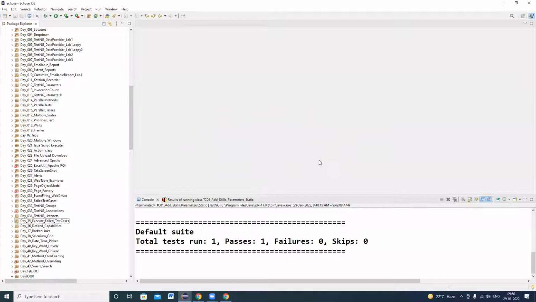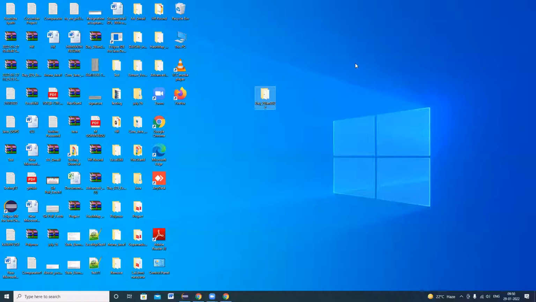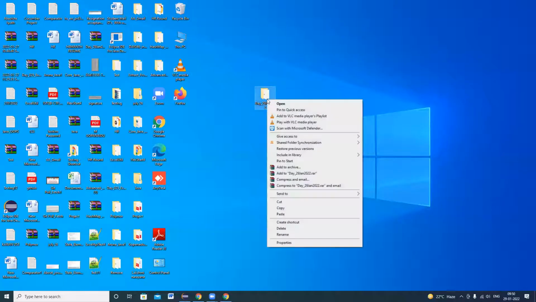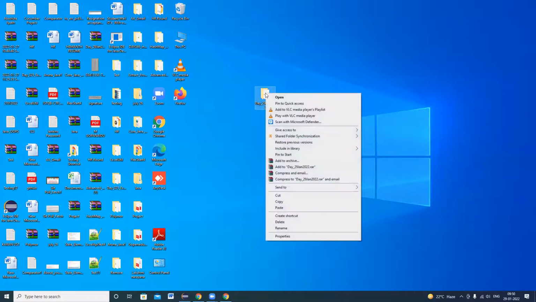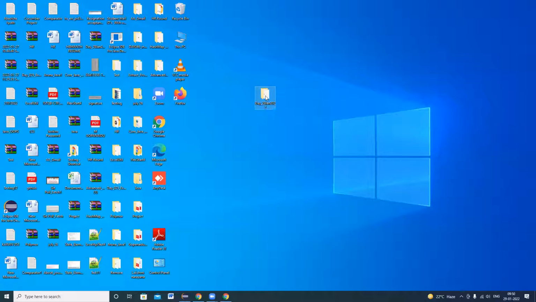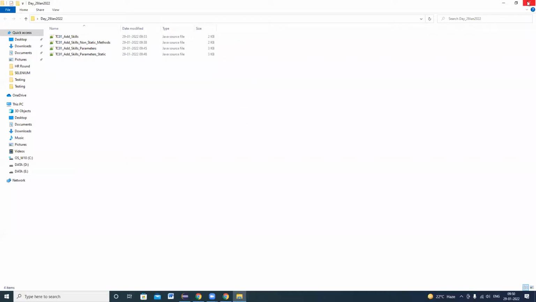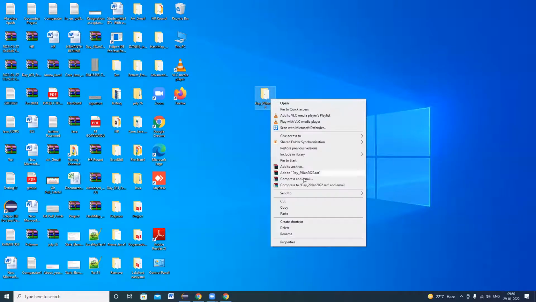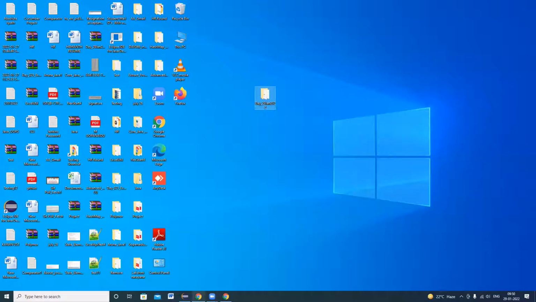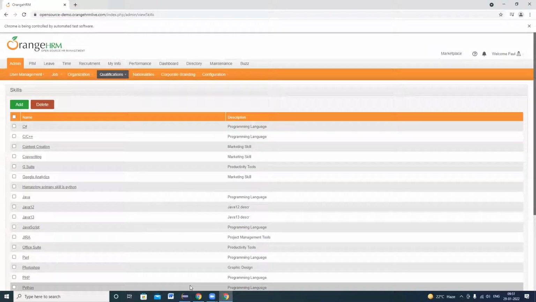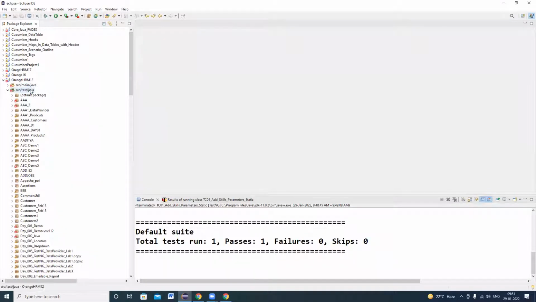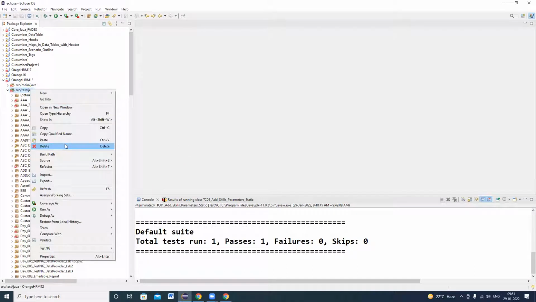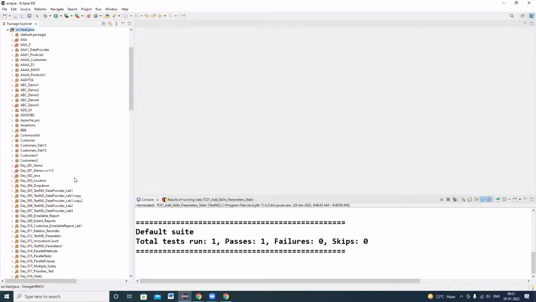Once I share this zip file, you need to unzip that one, and after that copy this folder, because it contains all the programs here. Right click and copy it and paste it under your src test java. So that's it, you are able to see all the programs.